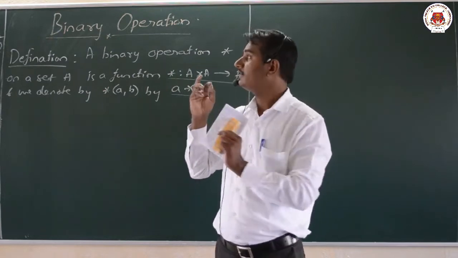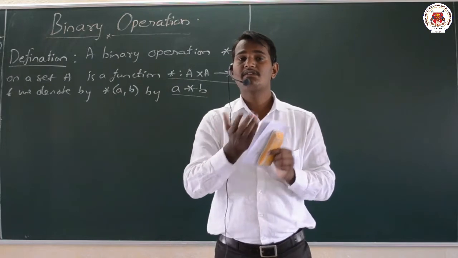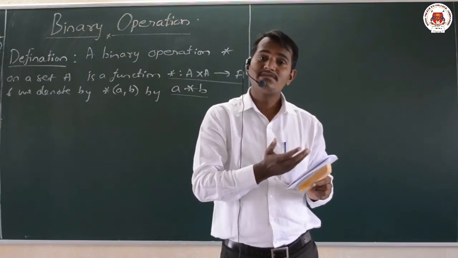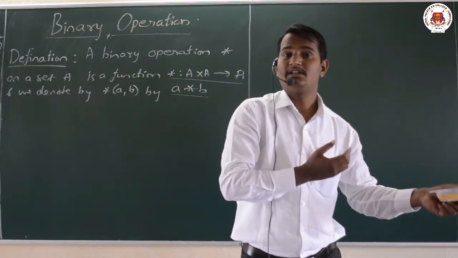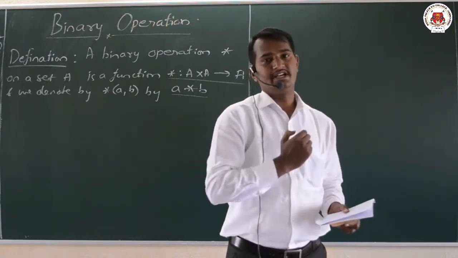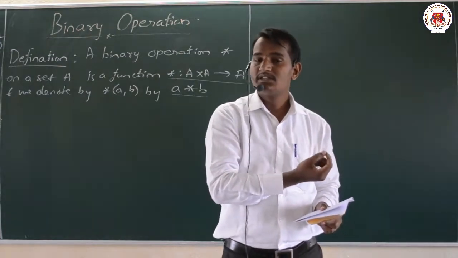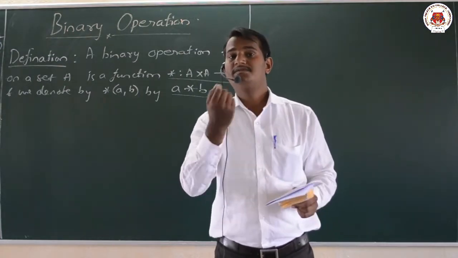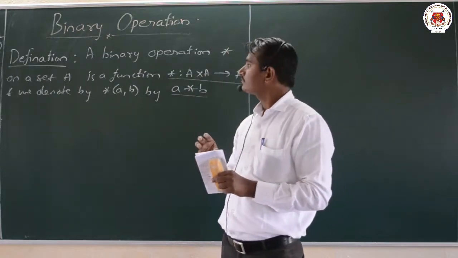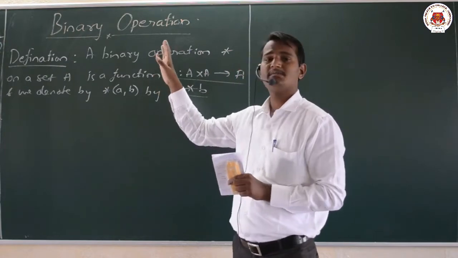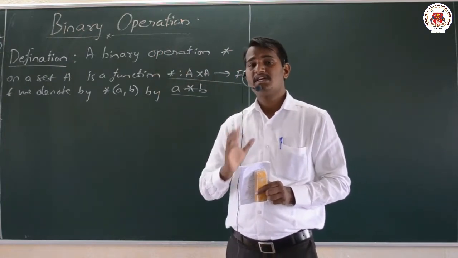To know binary operations you require what a function is. Function means you require relations. Relation means you require Cartesian products. Cartesian product means you require sets. That means a set is a very basic entity. If we define the set, then afterwards the Cartesian product, then the relation, then the function, and this binary operation is a part of the function, one type of function. So that we shall discuss.